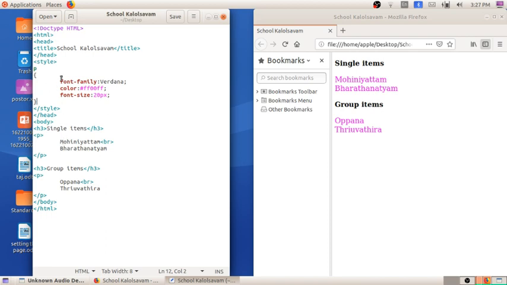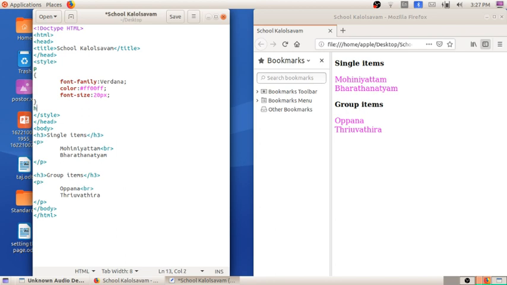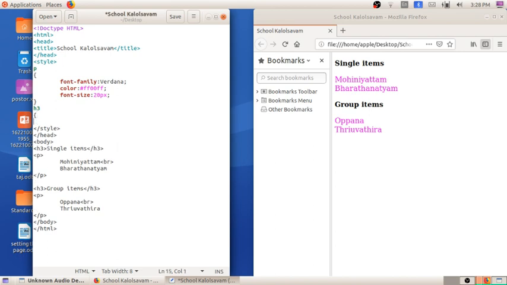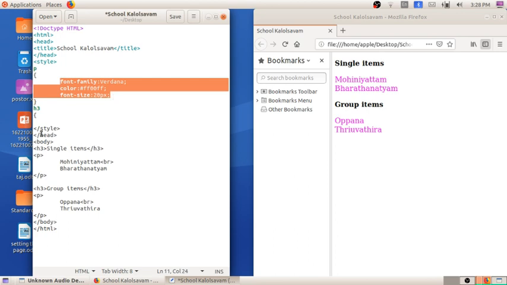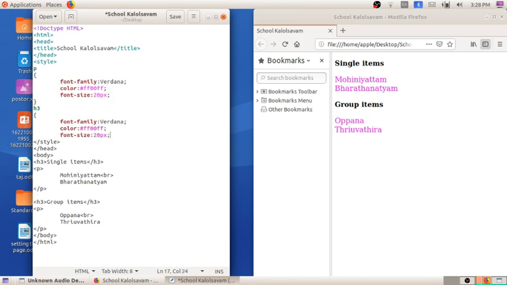In the same way, I am applying the style to our heading. Here you can see the heading, and it is termed an H3 tag. So I am applying the changes for H3. In the same way, I am typing here under the paragraph, H3. Then we open the bracket, press enter, tab, and I am copying the same thing and pasting it over here.